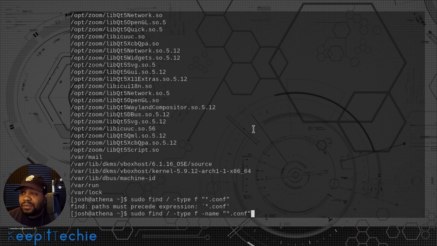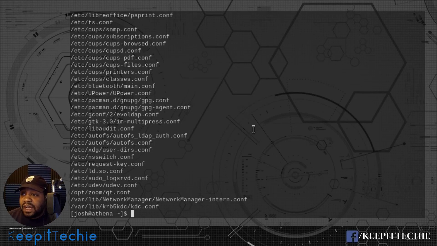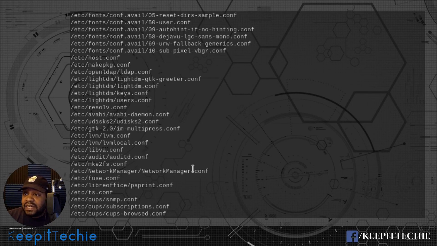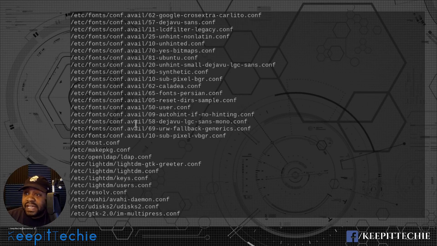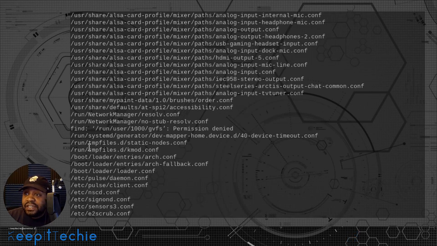So I forgot that part of the command. So let's press enter now, and we should be good to go. And it'll find all the files that have .conf at the end of the name of the actual file. So as you can see, a lot of stuff comes from the etc directory, and then a few